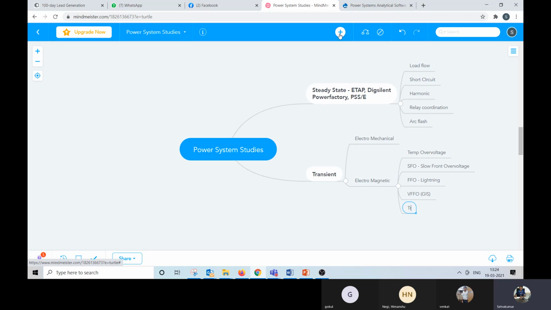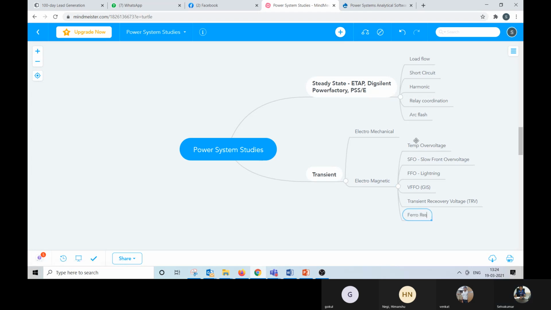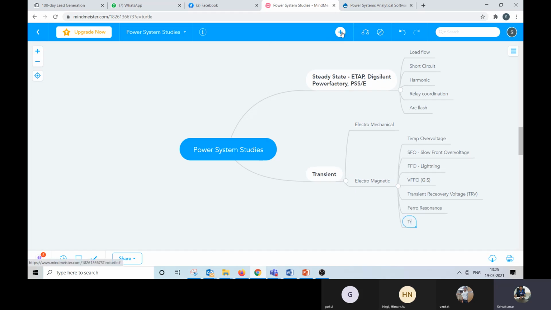In addition to that, we have transient recovery voltage, that is TRV, which is another aspect we need to look at, and we need to check ferroresonance. And we are almost done. Transformer energization can be brought out separately, or it can be clubbed with switching itself.